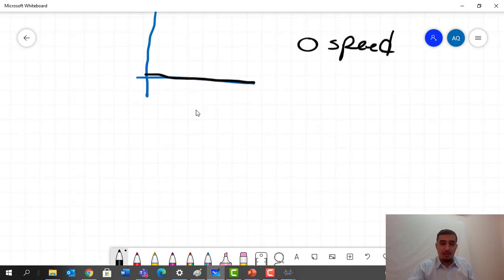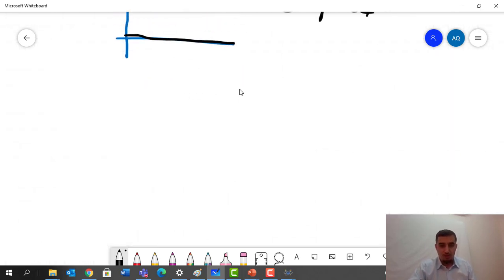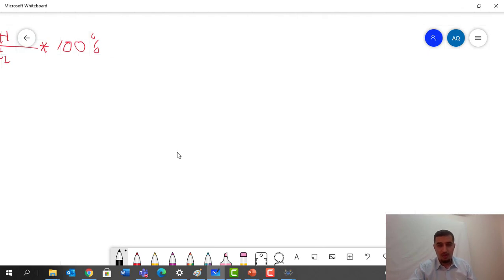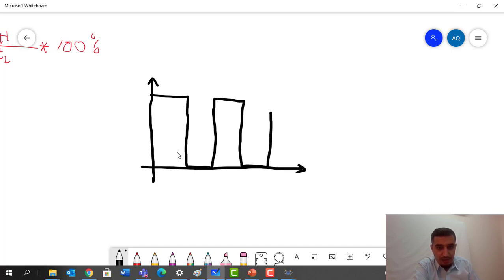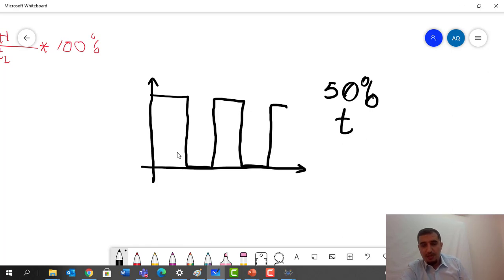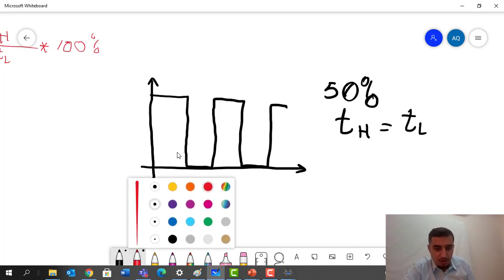Now, assume that I'm trying to drive my motor. I can work here at something like this. It's like playing with the car, switching on and off very fast. If my duty cycle is 50%, this means the time high is equal to the time low, and I'm going to get an average of